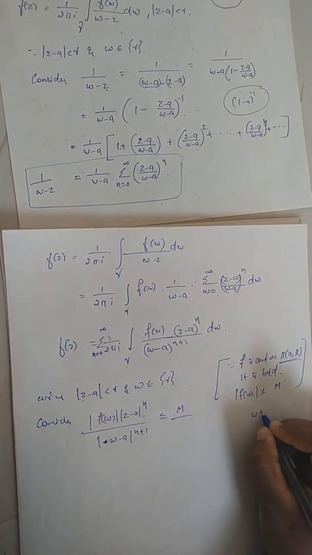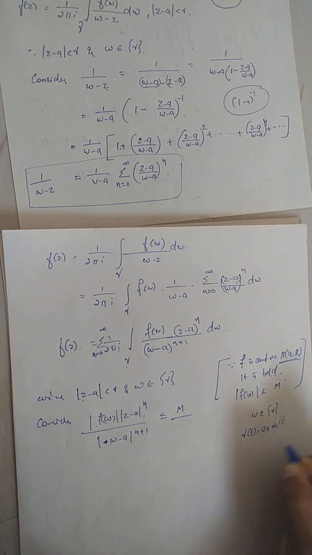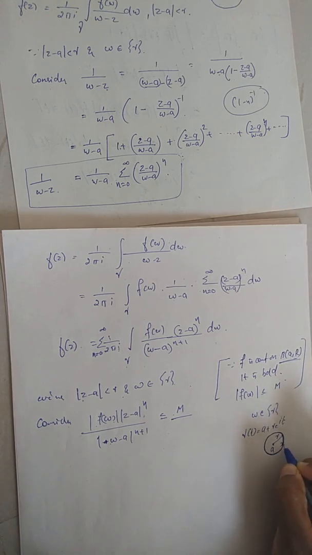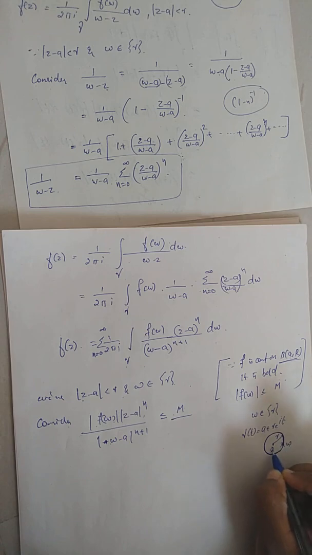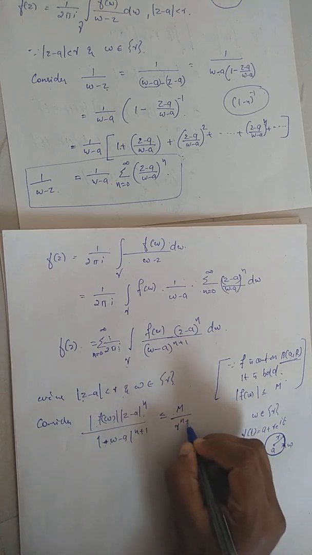because w is an element in the trace of gamma, right? What is gamma? Gamma of t is equal to a plus r e raised to it. That means that is a circle centered at a and radius r. Okay, w belongs to this boundary because it belongs to the trace of gamma. Therefore w belongs to this boundary. So what is the distance between w and a? That is equal to strictly r, right? The radius r. Therefore modulus of w minus a raised to n plus 1 will be r raised to n plus 1,